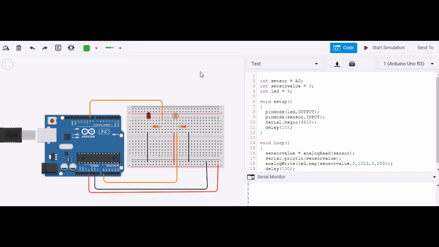Hello everybody. In this video I have tried to explain the working of an LDR, a light dependent resistor, through Arduino, and for this I have taken the help of the Tinkercad platform. You can see on the screen that we have an Arduino board over here, and